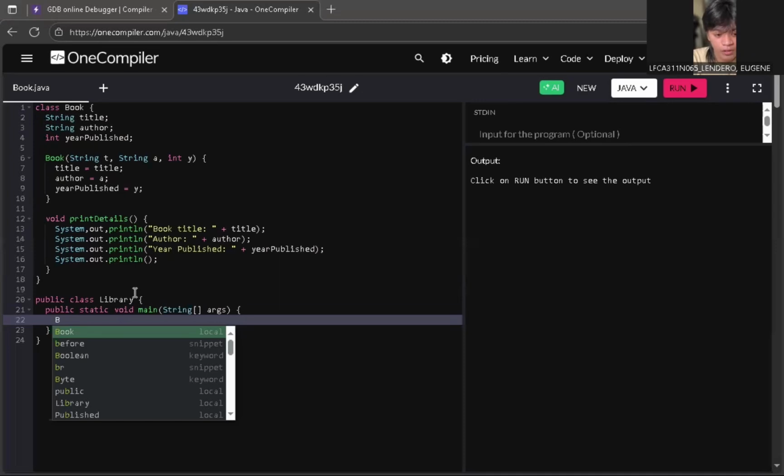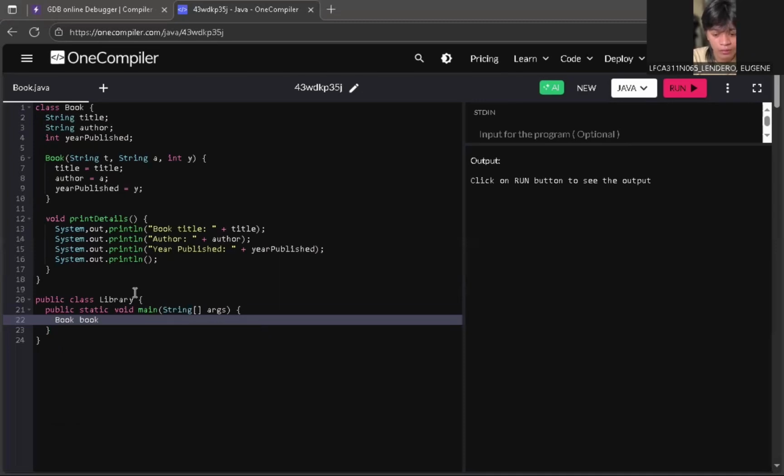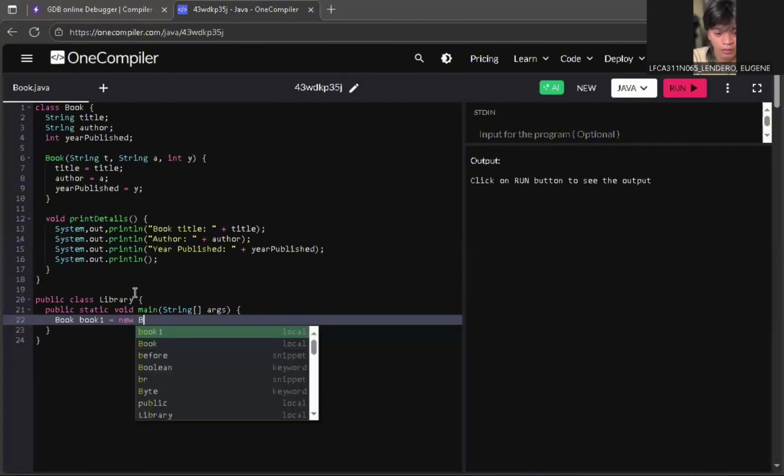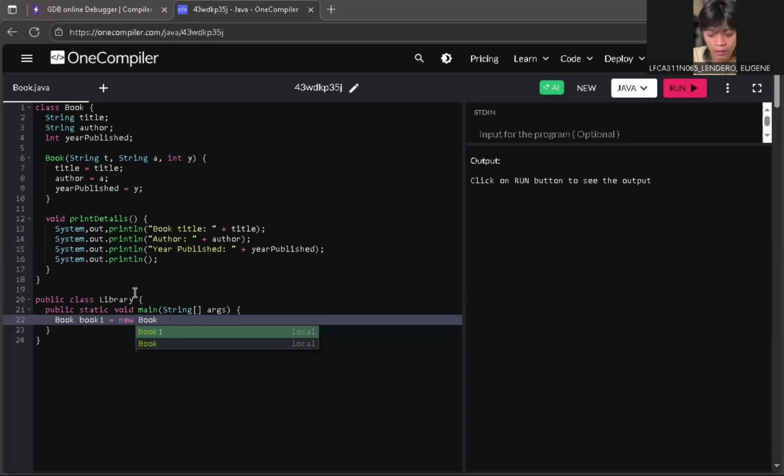Our first book, new book, open parentheses. Let's say my first book is Romeo and Juliet.